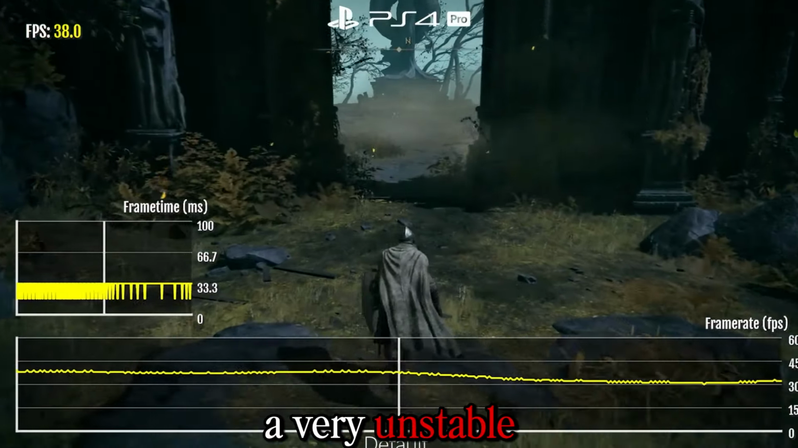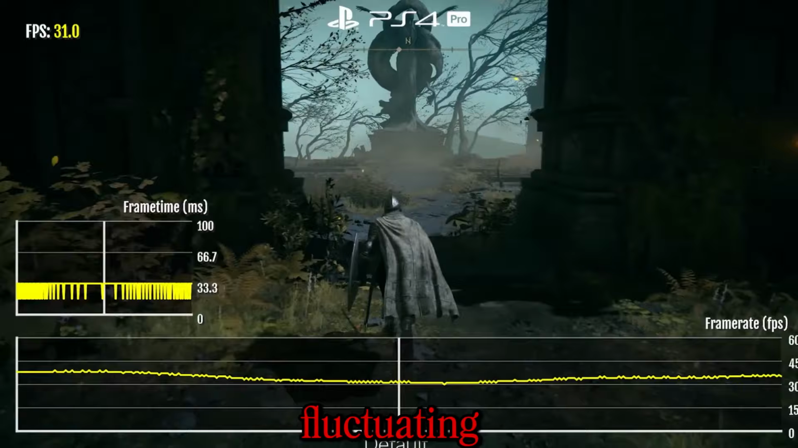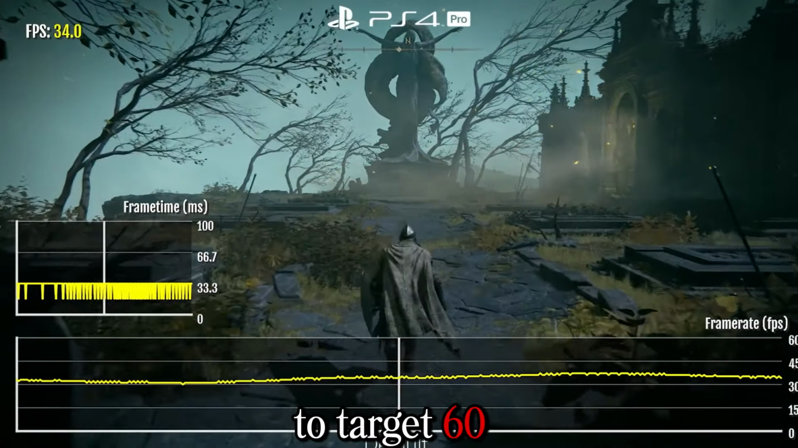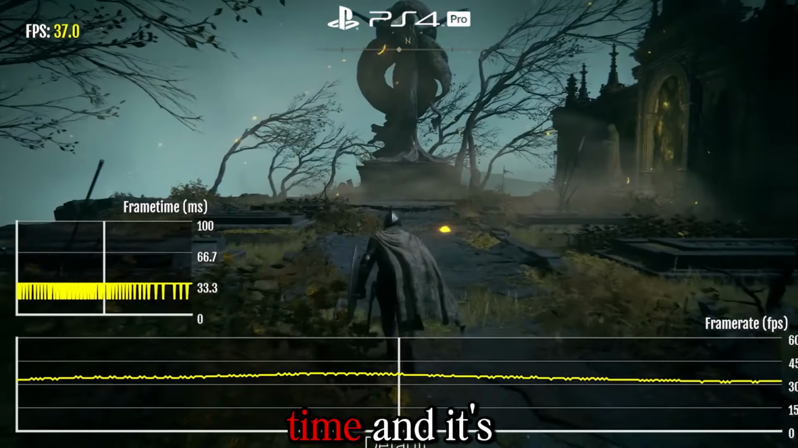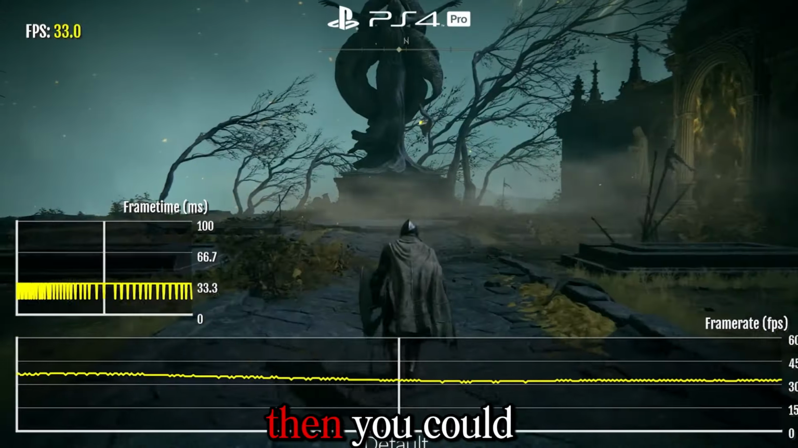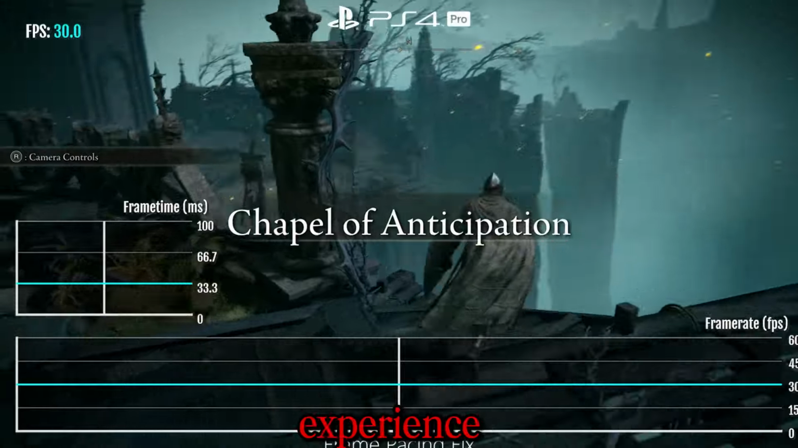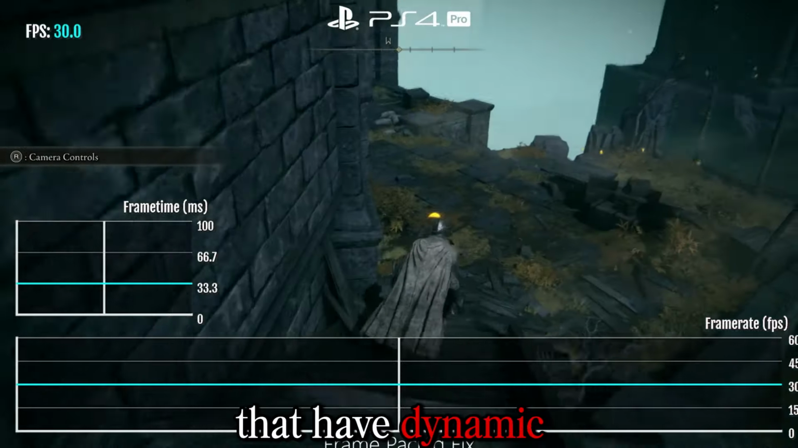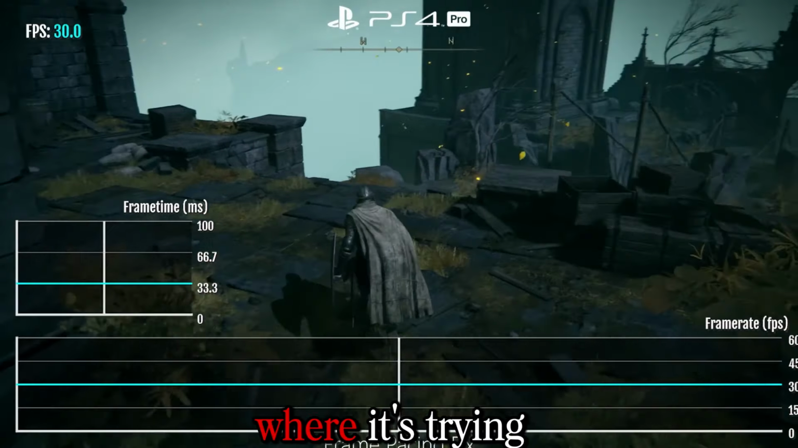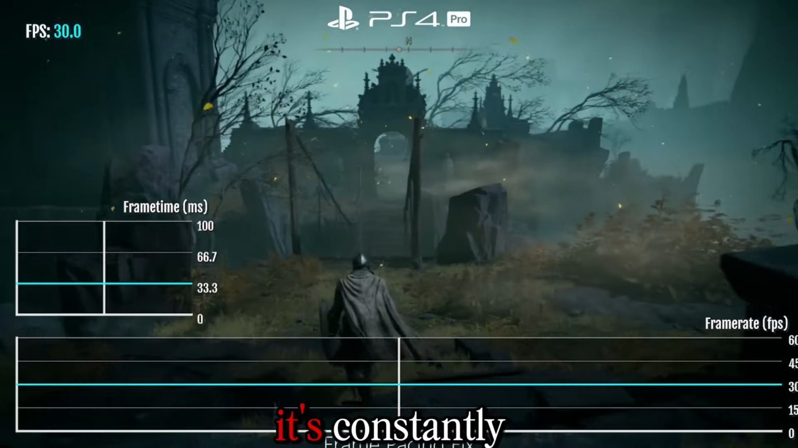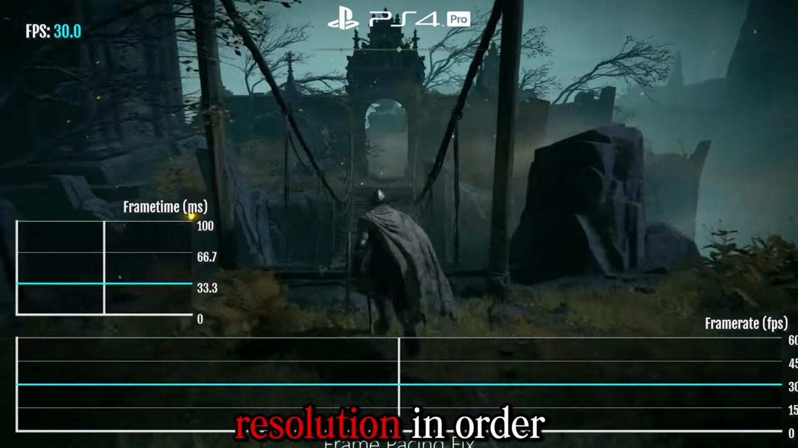Now one of the reasons for using this is that if the game has a very unstable frame rate and it's constantly fluctuating, because it's trying to target 60, but it's not reaching 60 most of the time, and it's fluctuating all over the place, then you could just set it to 30 FPS, so that at least you have a more consistent experience. There's also games that have dynamic resolution scaling, where it's trying to say hit 60 FPS,